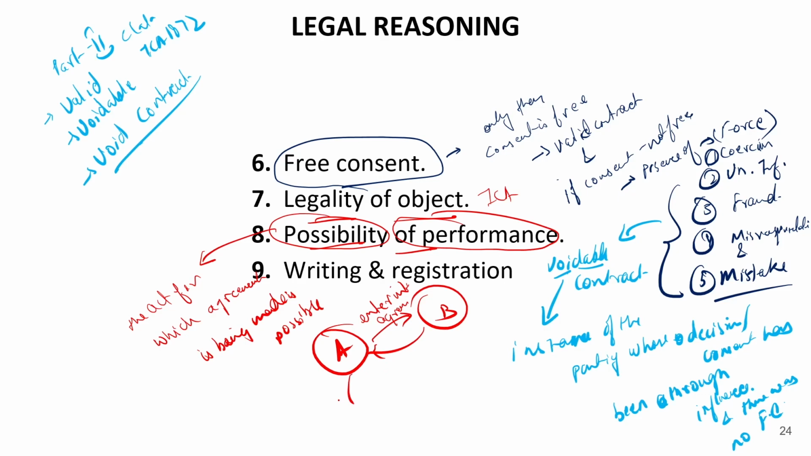But while they were entering into an agreement, the car about which they were actually having communication was burned. So now the activities of A and B cannot be fulfilled because they cannot perform their obligation as the object has been burned. So possibility of performance is also a very important requisite once you're talking about performance being an element